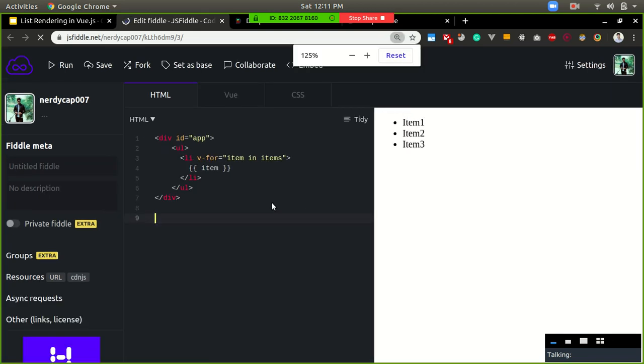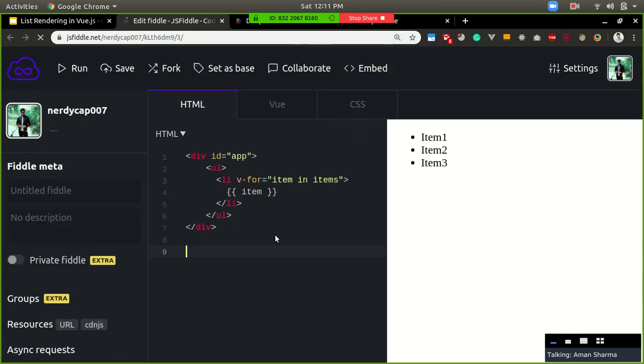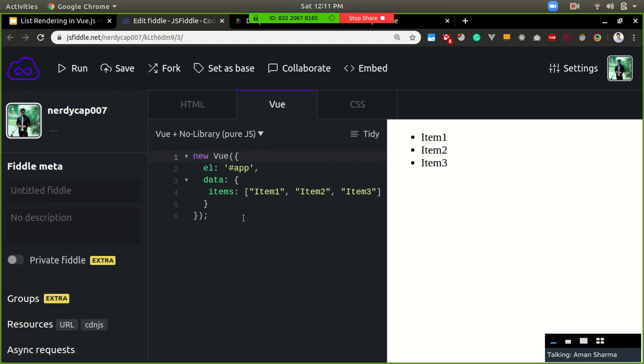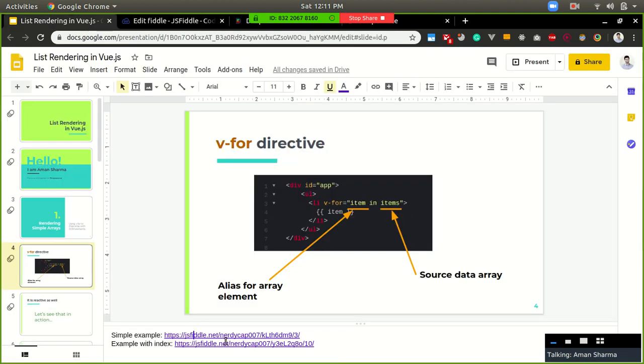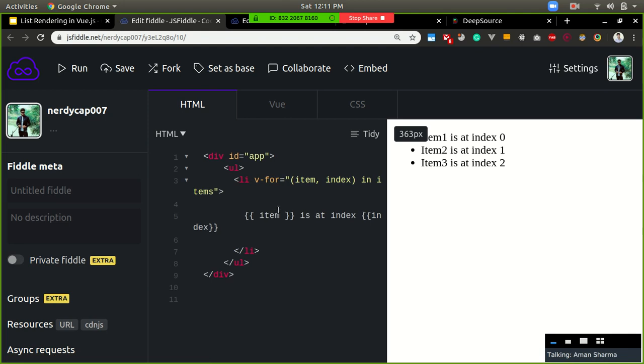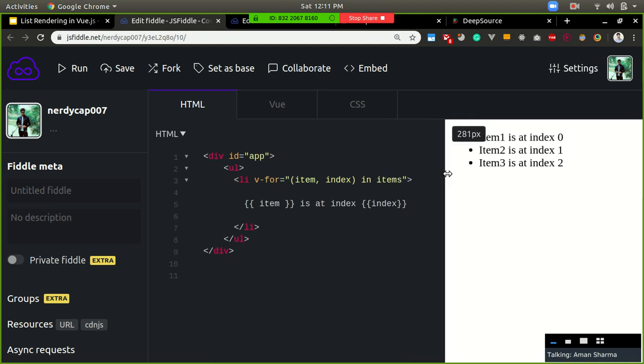You can see this is the very basic code as I showed, item in items, and here is the Vue instance. This is the items array, and it is being printed over here. Another extension to this is that you can also get the index while iterating over the items.